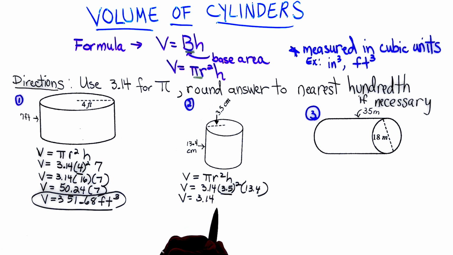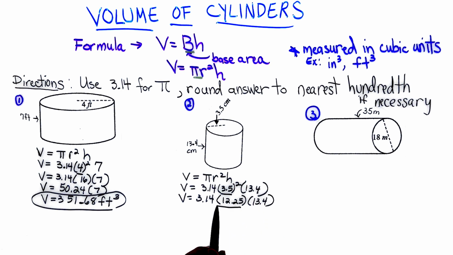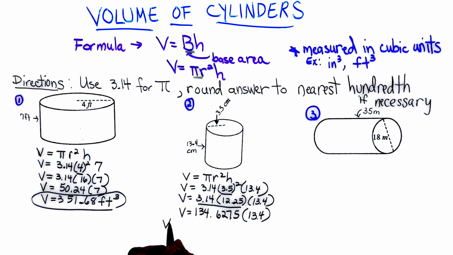So 3.14. And when I square 3.5, I end up with 12.25 times 13.4. Let's do this multiplication. 3.14 times 12.25, and it's 134.6275. Well, you might say, well, they said round to the nearest hundredth, but we do not do that until the very, very end, because we still got to multiply this number times 13.4. So when we go ahead and multiply that number, we end up with